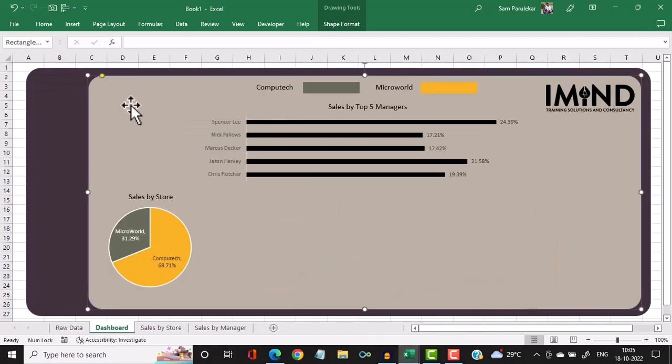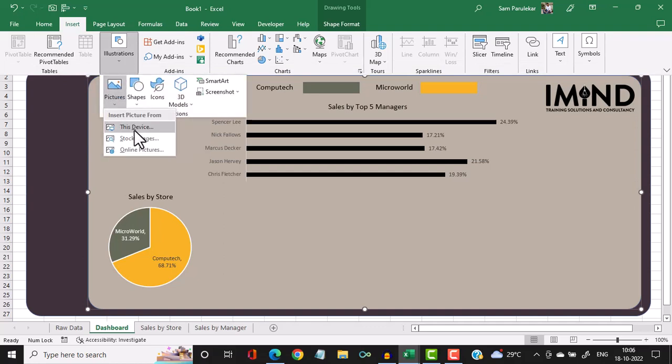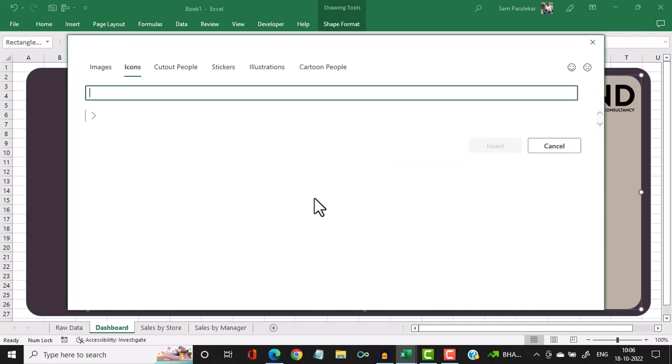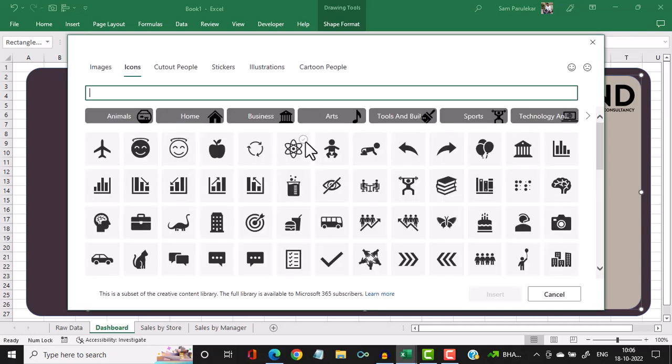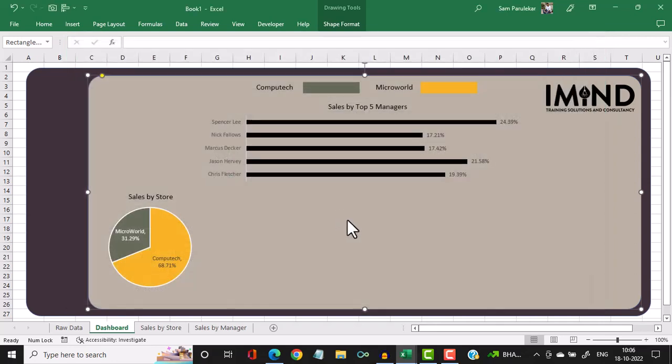So again I click on insert, illustrations, pictures, and instead of pictures we'll this time select icons. So it shows you the Microsoft library of icons. So we'll select this icon and we'll select insert, and we'll bring it over here. We'll reduce the size,